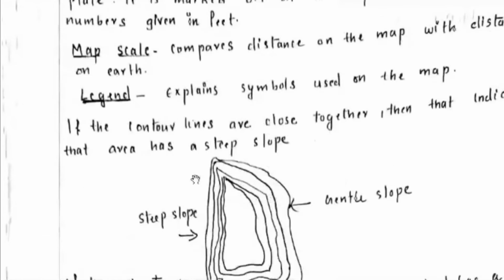Now, what else will be in a contour map is called the legend. In almost all types of topographic or cadastral maps, we can see all these features: map, scale, legend, etc. Legends explain the symbols used on the map. For example, in a contour map, contour lines will be a continuous brown line, and if any roads are there, they will be in red color. Vegetation will be in green color. Like that, each symbol and each color is explained in the legend of a map.